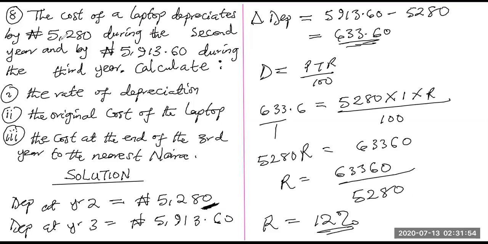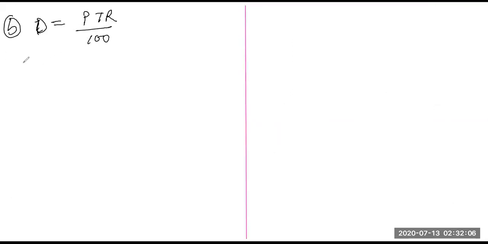Now this is the depreciation because it says depreciated by this amount. If they were saying it appreciated by this amount, this could have been the interest. So this is the depreciation. Now we are going to put here, we have already gotten the rate, and the time is 1 year. So depreciation is